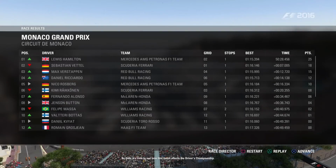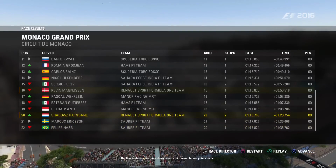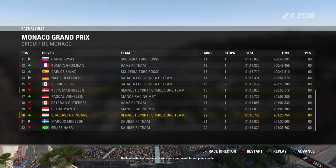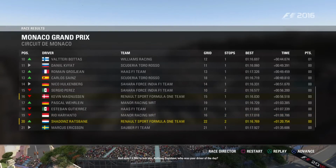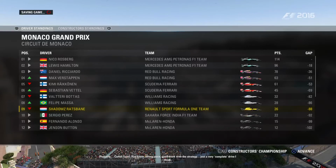So then, it's time to see how this result affects the Drivers' Championship. Well, the lead at the top has come down after a poor result for our points leader. And now I'd like to ask you, Anthony Davidson, who was your driver of the day? Probably Carlos Sainz. You know, strong pace, good...